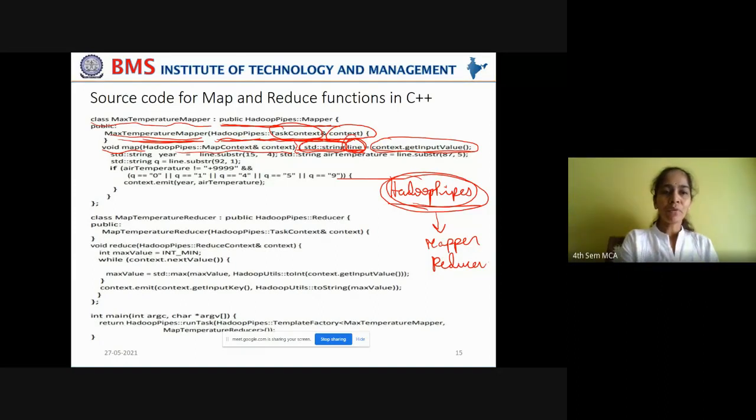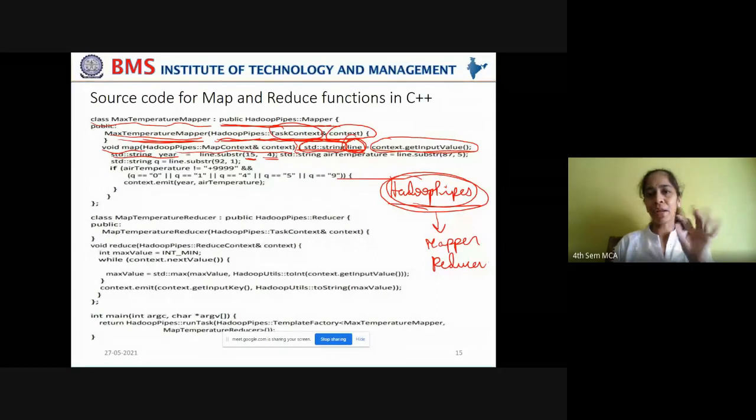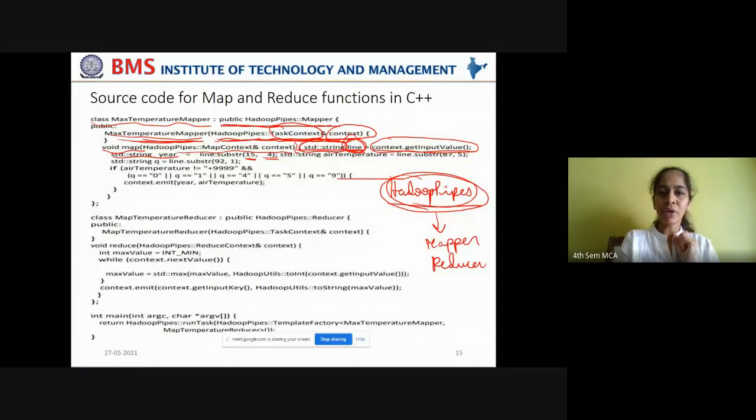Got it? Now, you create a variable called year. And how do you fetch the year? You know where it exists in the raw record, right? From the 15th index number, 4 characters you have to fetch to get the year 1950 or 1949. Okay, so you are using the substring method of the string class, using the string class's object or variable line dot.